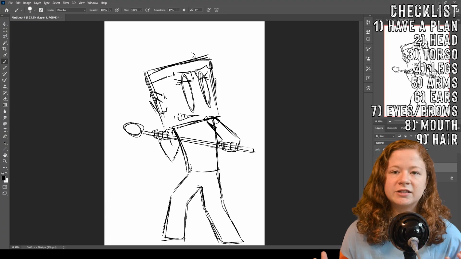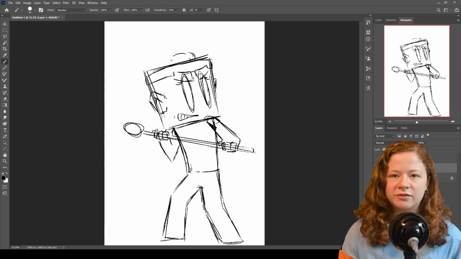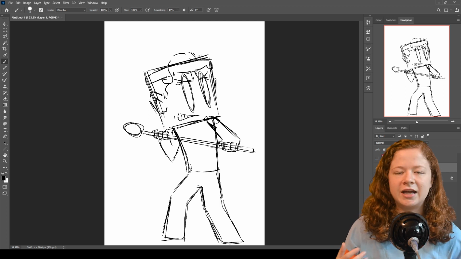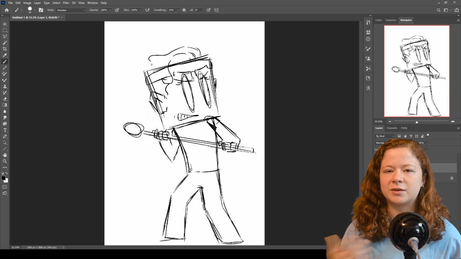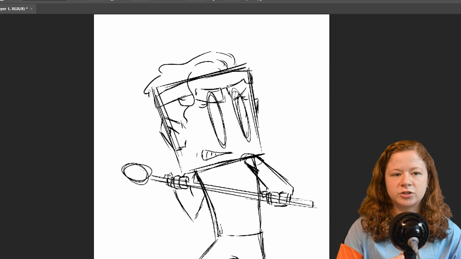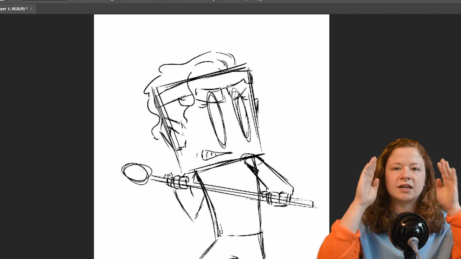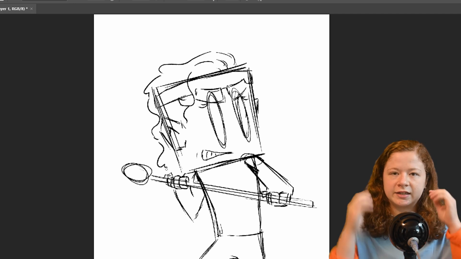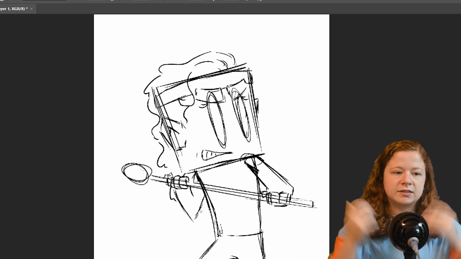And then once the mouth is done and I'm happy with how it turned out, I go in with the hair. The hair is arguably my favorite part of the entire character design process. I don't know why, I just think it's a ton of fun to draw, and it can totally characterize someone that you're drawing. So usually if I'm drawing a shorter hairstyle that has the sides of the hair really short, I usually draw that part first. Then I'll add in the little sideburns and then put up the rest,